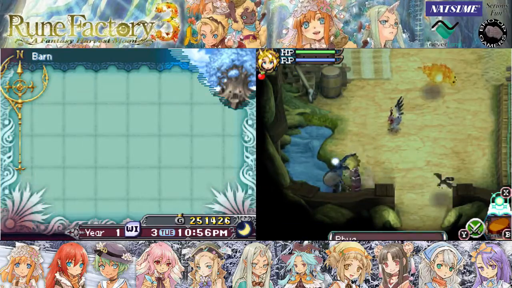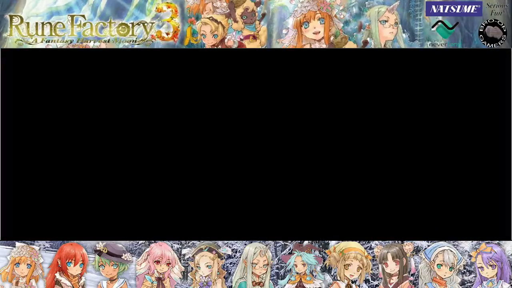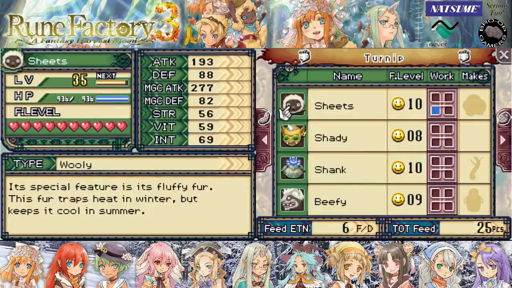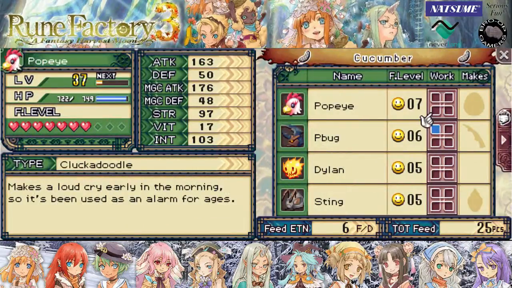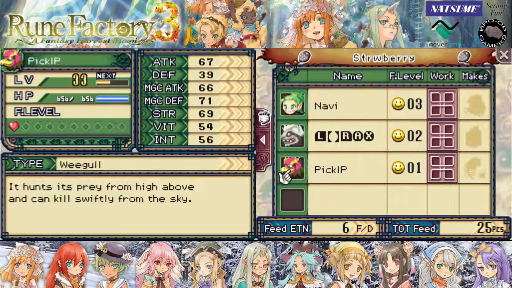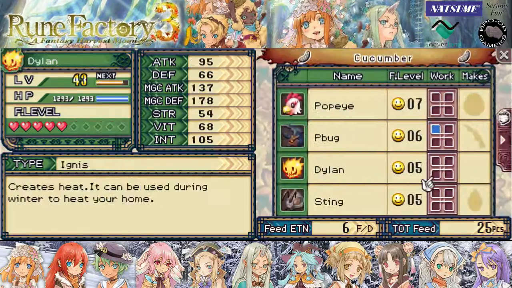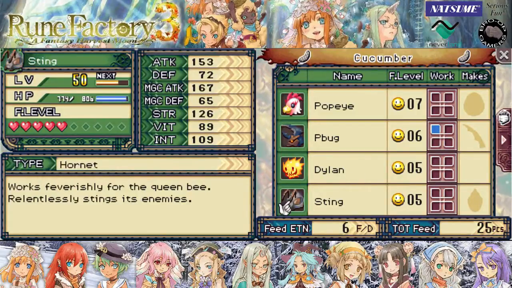I guess maybe before we get rid of Burns, we might as well bring him along for one time. One last hurrah. P-Bug's working, or Dylan, not Burns. He's pretty good. Let's see. Pickle Pea. Yeah, we've only got room for one more monster for now. Right. So yeah, I guess I think we'll take Dylan along. And because he looks pretty...